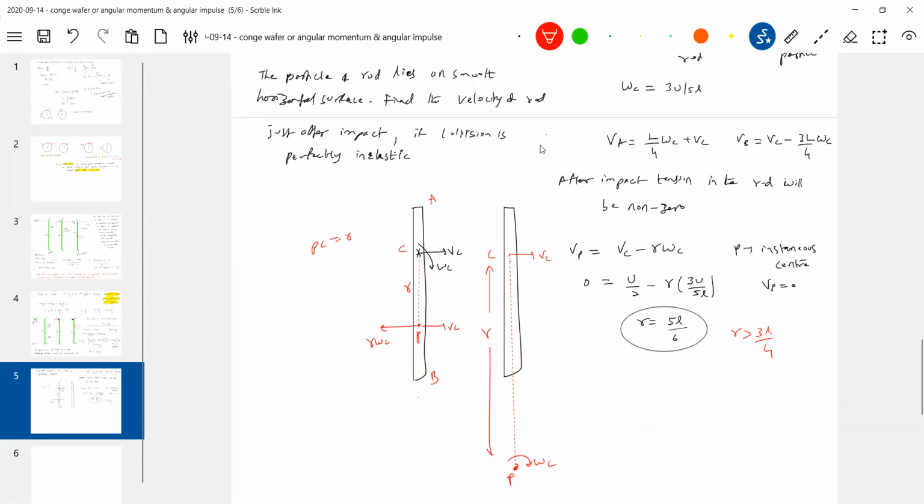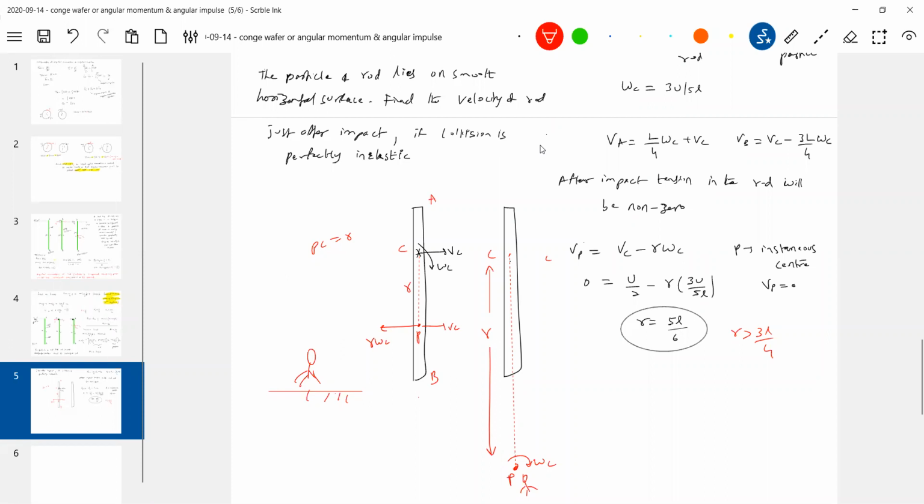Don't get confused. I just brought in the equation. Finally, I calculated R. R is in fact greater than 3L by 4. I'm just showing it outside here. So the rod in fact rotates about a point P. Then if you stand at the instantaneous center, what do you see? You see that all points are rotating about center of mass. Only rotating motion. We will see this diagram, person on the ground and the person at the instantaneous center. The person at the instantaneous center will say that all points are rotating about center of mass with angular velocity omega C.